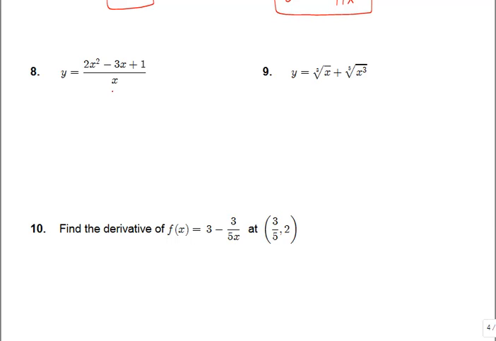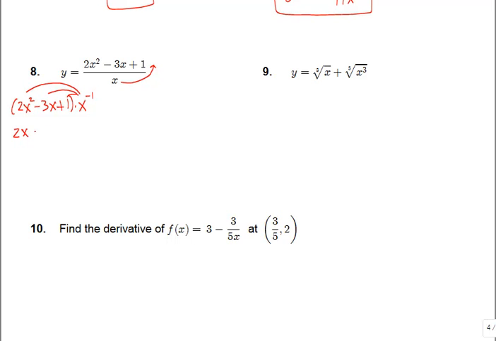So the first option is kind of similar to the last two. What I'm going to do is take that numerator and wrap it in parentheses momentarily. And I'm going to take this x and move it up to that top level by making the exponent negative. Since there's multiplication between that x to the negative 1 and this stuff in parentheses, we can distribute that x across. And remember that when you multiply these x's that have the same base, you're adding the powers. So 2x squared times x to the negative 1 becomes 2x to the positive 1,